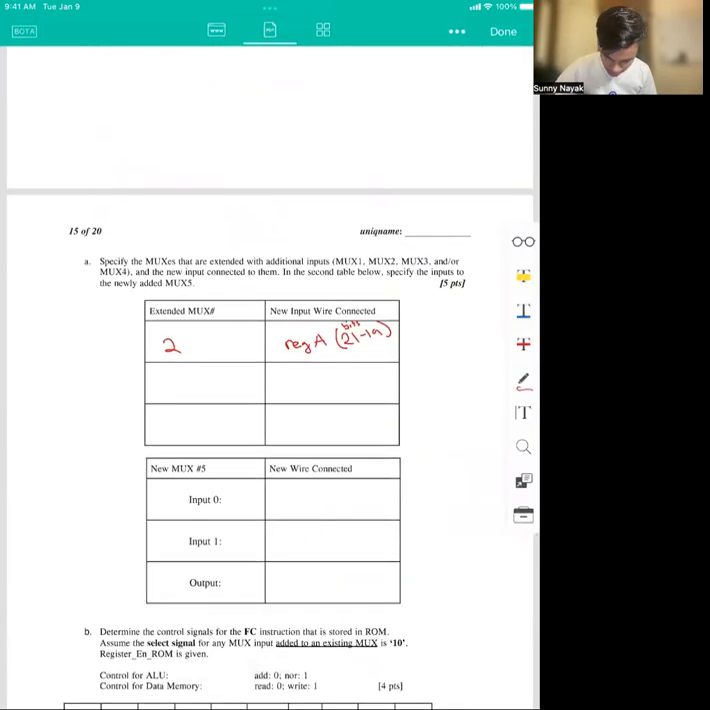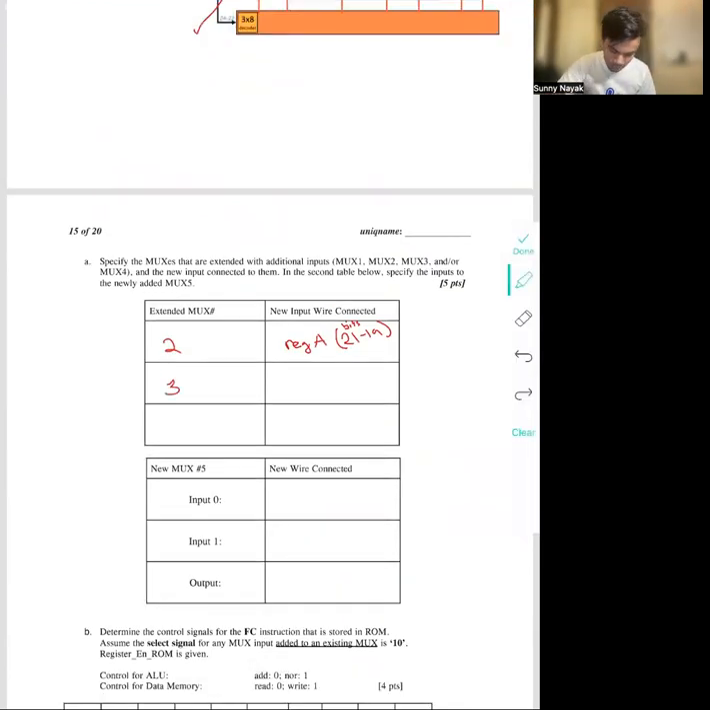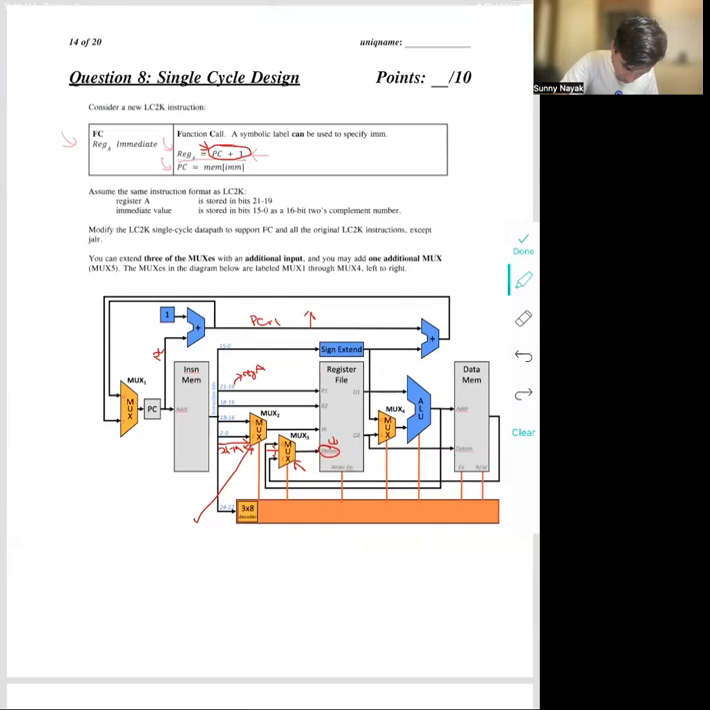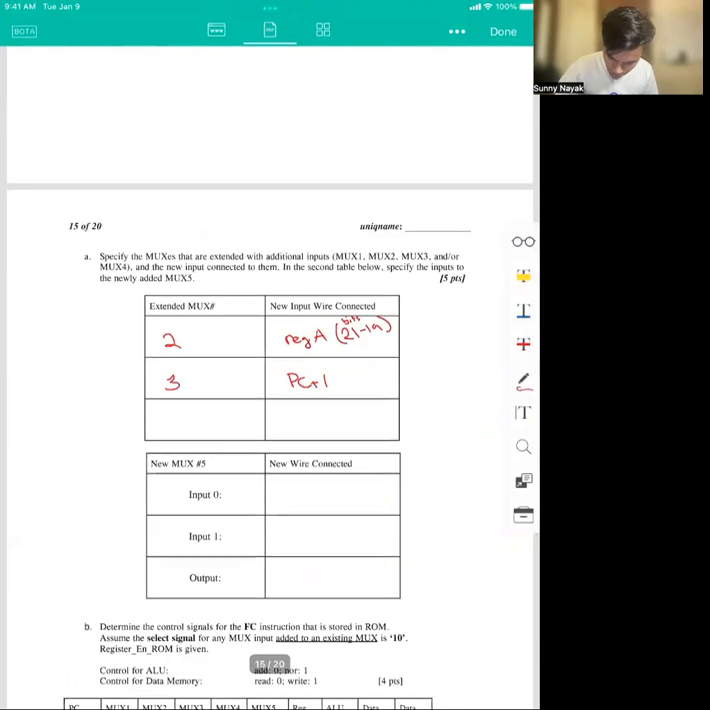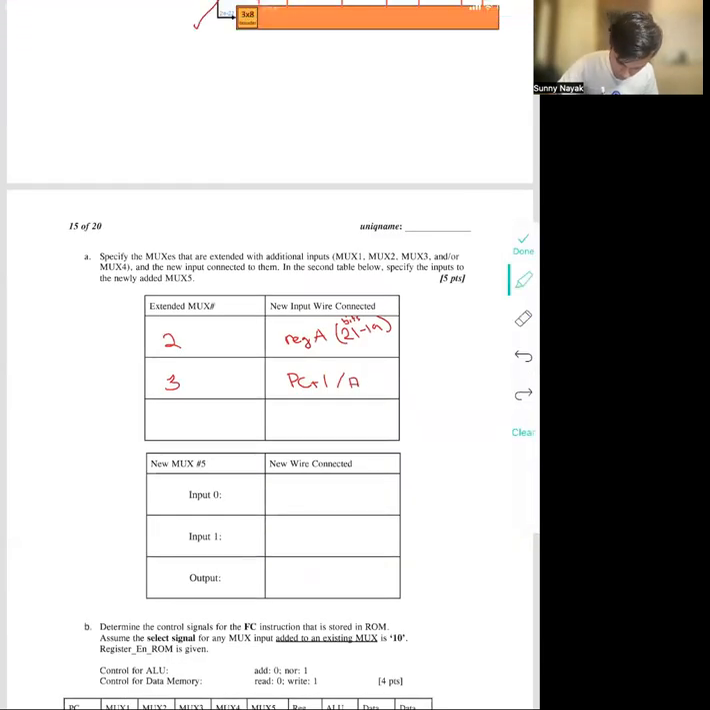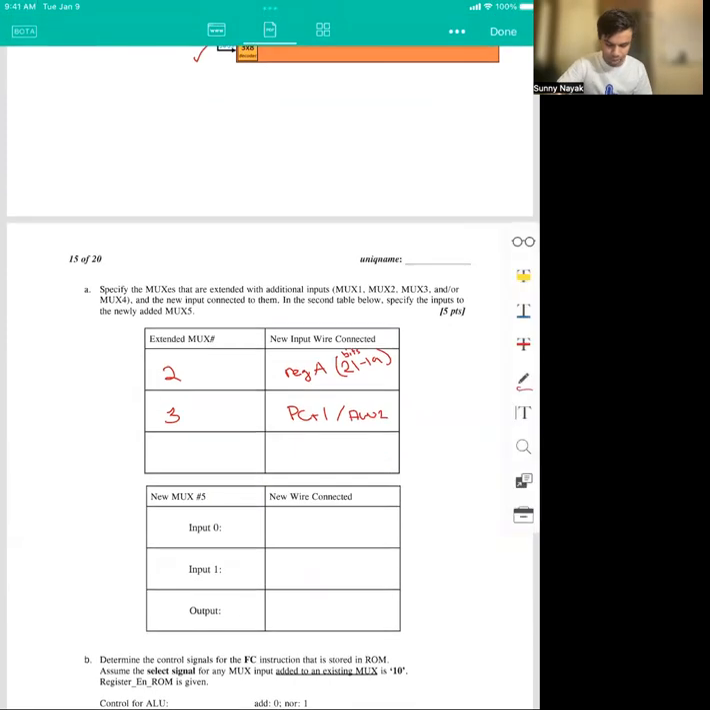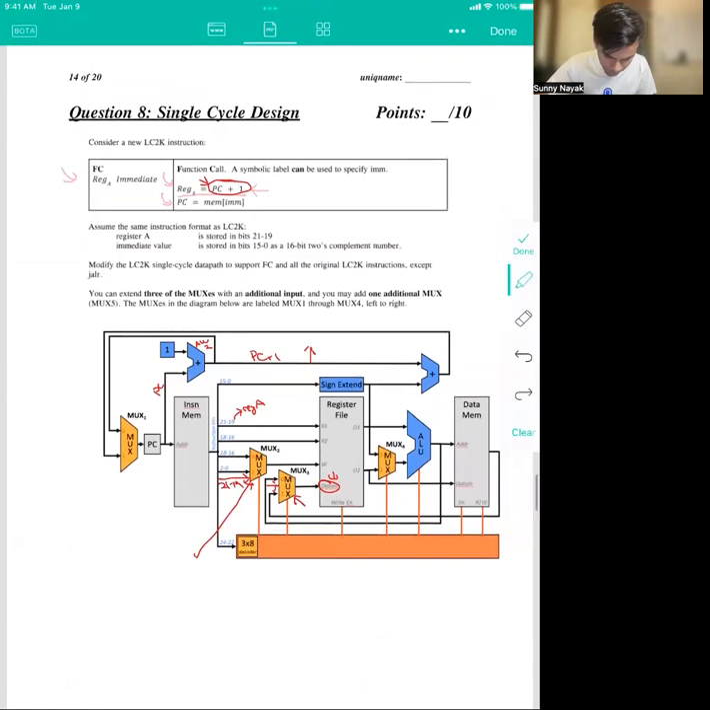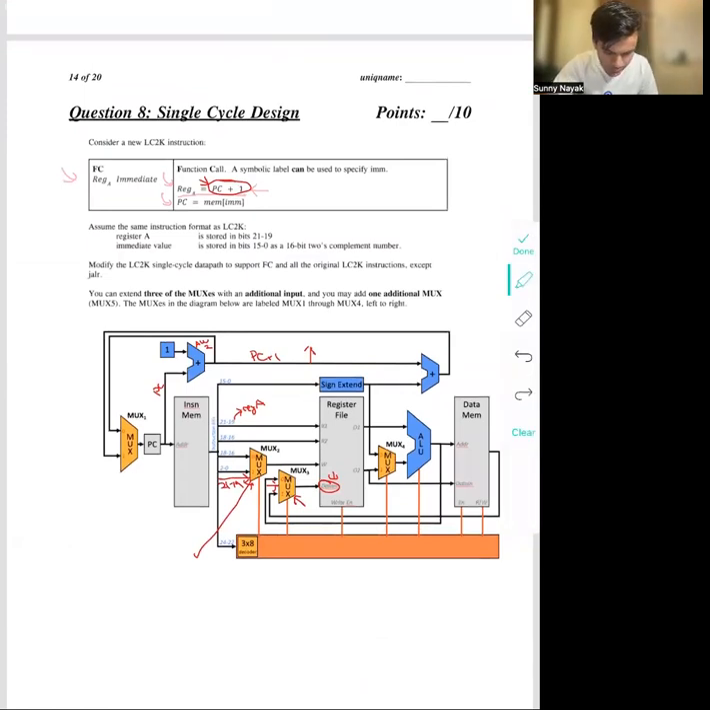So the mux that we're going to change is mux3, and the wire that we're going to add into it is PC plus 1, right? Or if we labeled this like ALU2, then we could also specify that it's the PCALU that's going to be added as an input. So now we can perform this first instruction within my ISA,